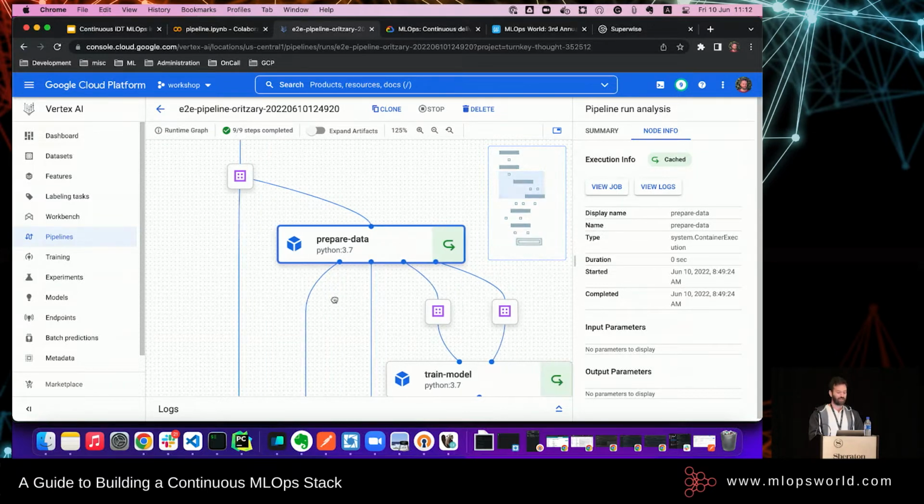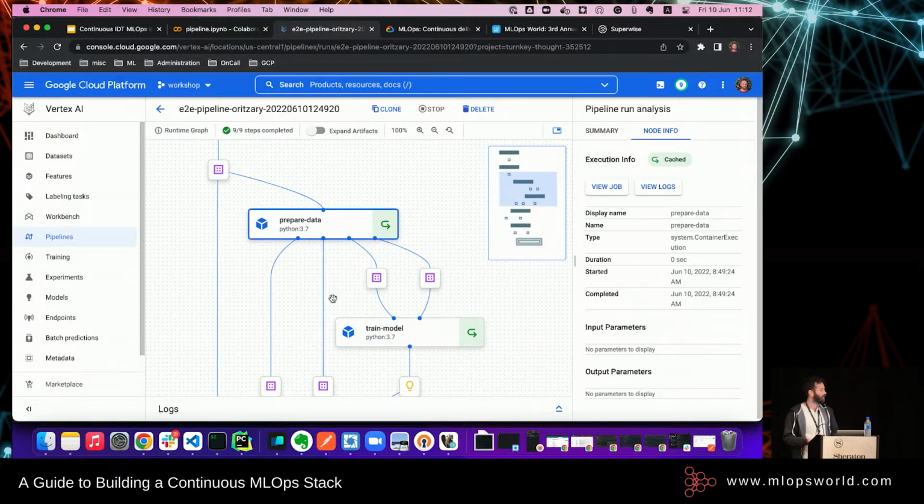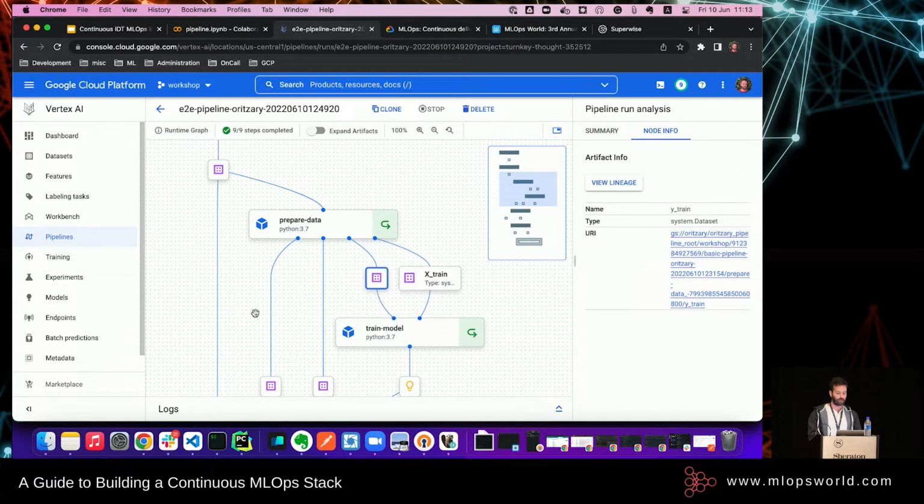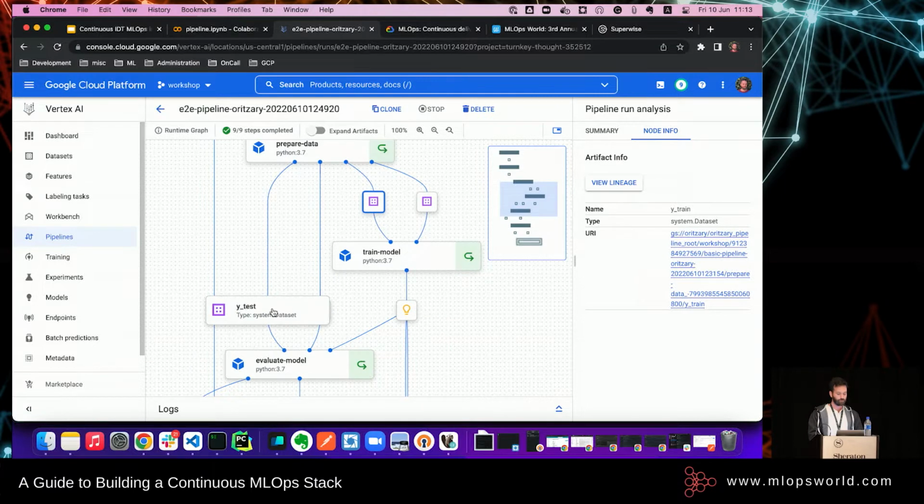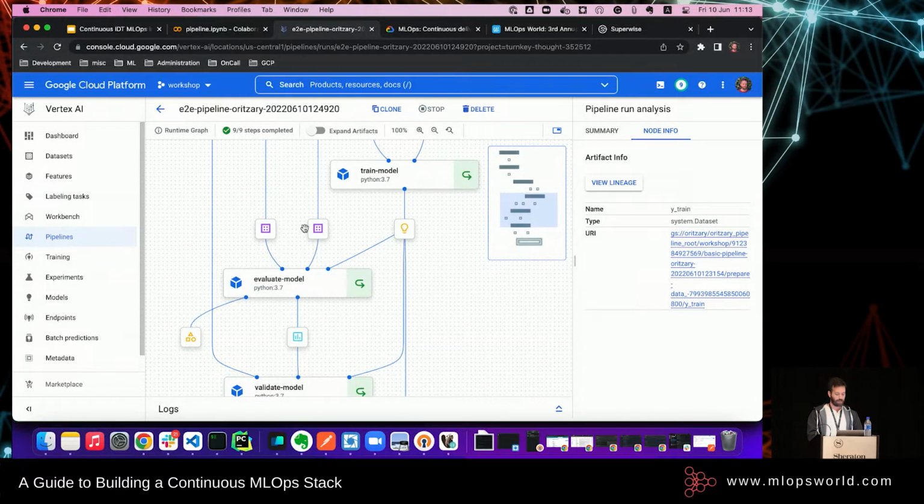And then we're going to prepare this data. Preparing the data will probably just do the train test split from sklearn, and we'll send the train data to a new step called train data. So this will be the y train and the X train. And after that, y test and X test go to the evaluate model step with the artifact that we have generated in the train model part. And so on and so on.